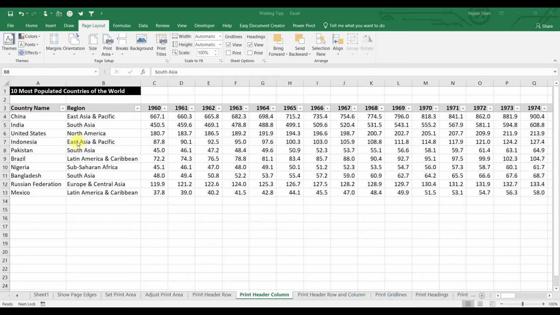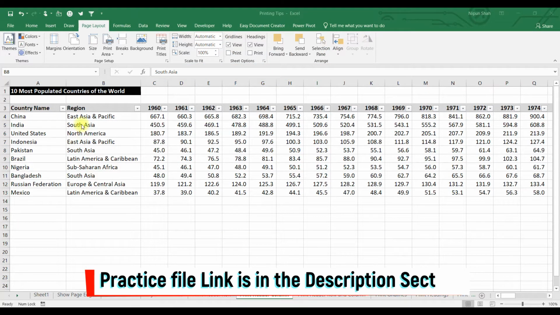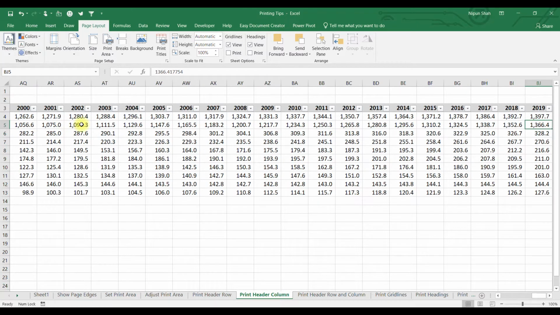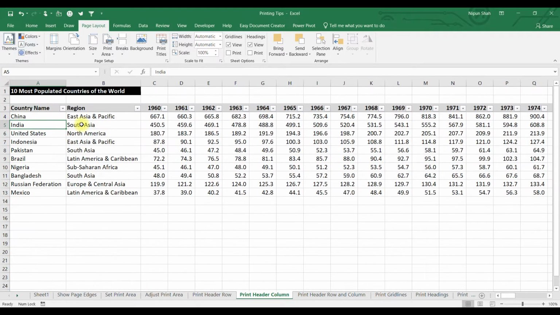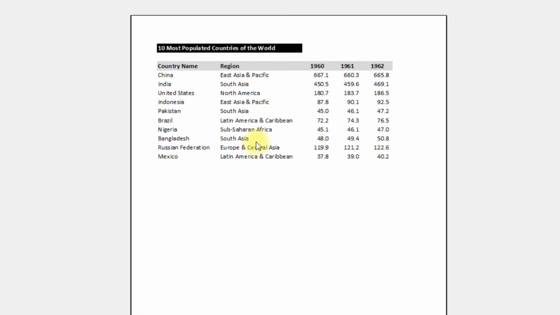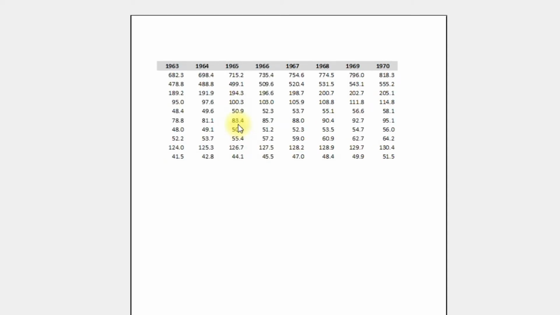Guys, same as rows, you can freeze the columns as well. For example, here I have this data of the 10 most populated countries of the world along with the population details from 1960 to 2019. Here if I go to the print mode, I can see my headers only on page number 1, and if I scroll, my headers are gone.